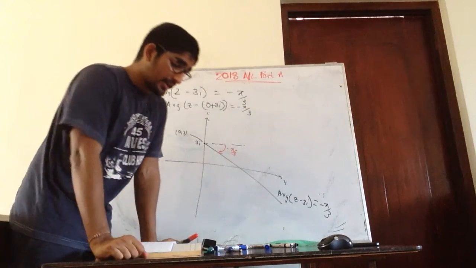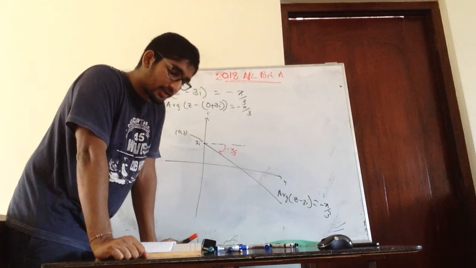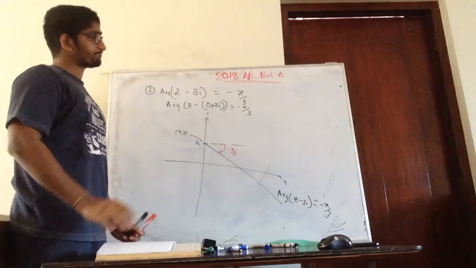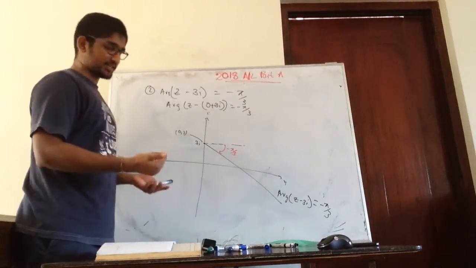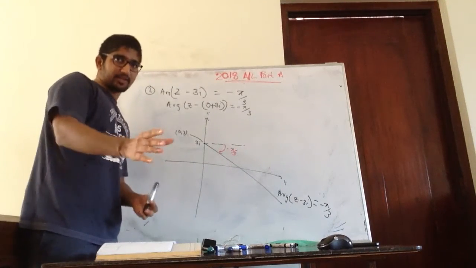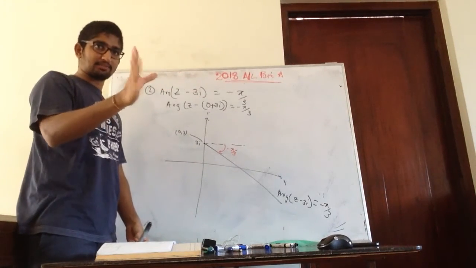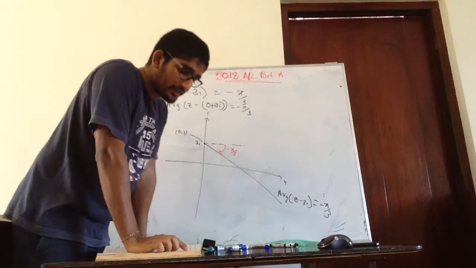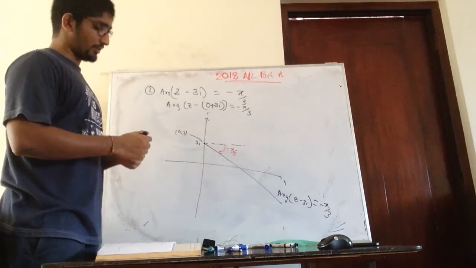Then they are asking, hence or otherwise, find the minimum value of modulus of z minus 1 such that argument of z bar plus 3i equals 5 over 3. Right, so now z minus 1 equal to something can be a range of values, no? That can be some circle, no? But they are asking the minimum one. So we have to see the other part: argument of z bar plus 3i equals plus 5 over 3. Right?